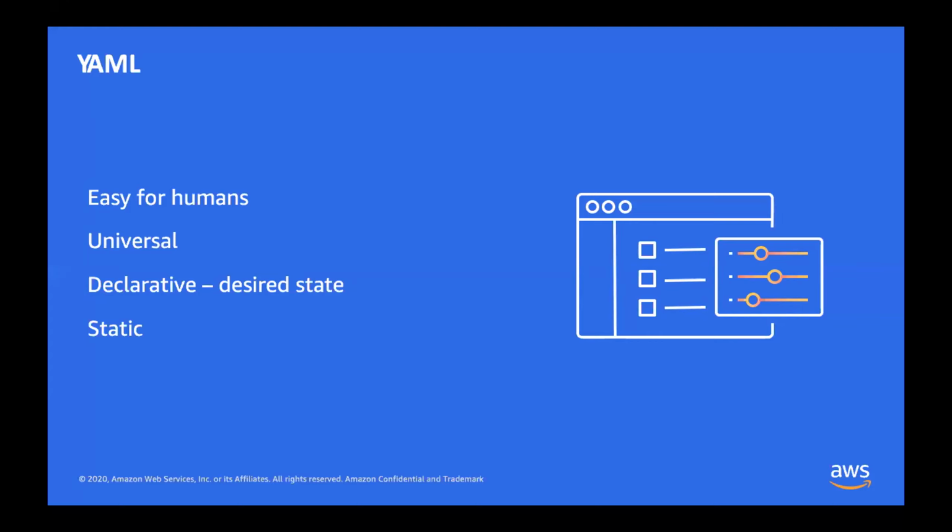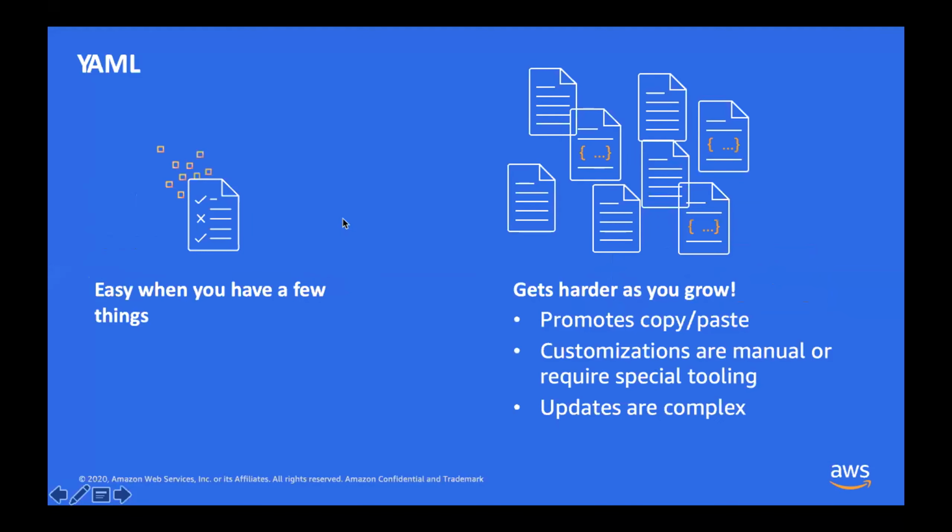What are the downsides of YAML? Well, it could be a downside or an upside, depending on how you see it, is that it's also very static. And this is interesting because it means that YAML is very easy when you have a few things to declare. So if you're declaring a simple web app or a few services on your cluster, maybe just setting up a config map, then YAML is really straightforward. It's easy to just quickly open in a text editor. You don't even need an IDE. You just open Vim in your terminal and away you go.